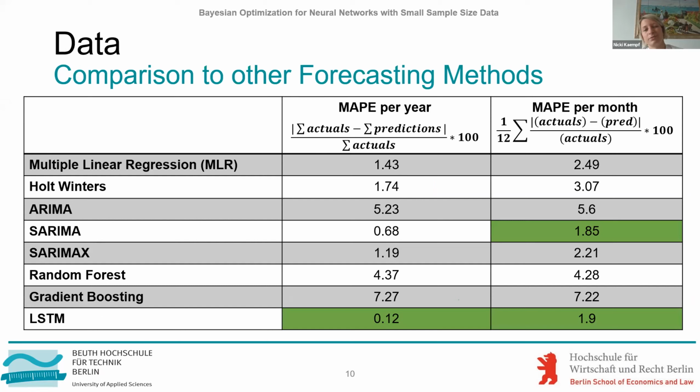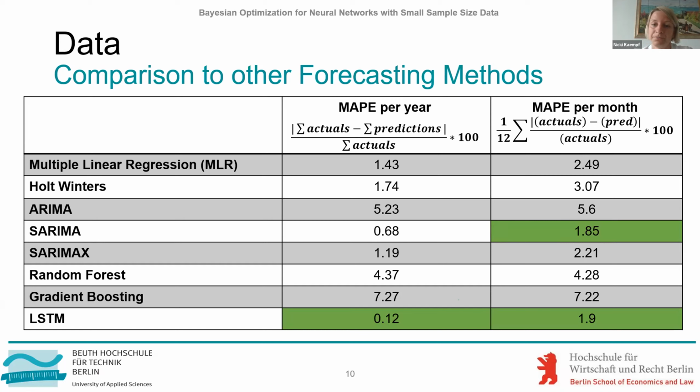And the most important metric for our research project is the MAPE per year. Why? Because if we can predict the revenues for the whole year spot on, then the company has more security in planning their investment. So this is the most important metric to us. We also state here the MAPE per month, the average monthly